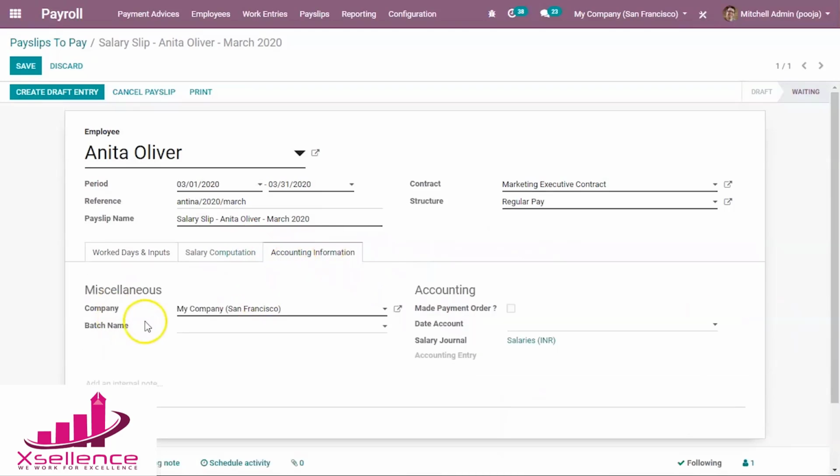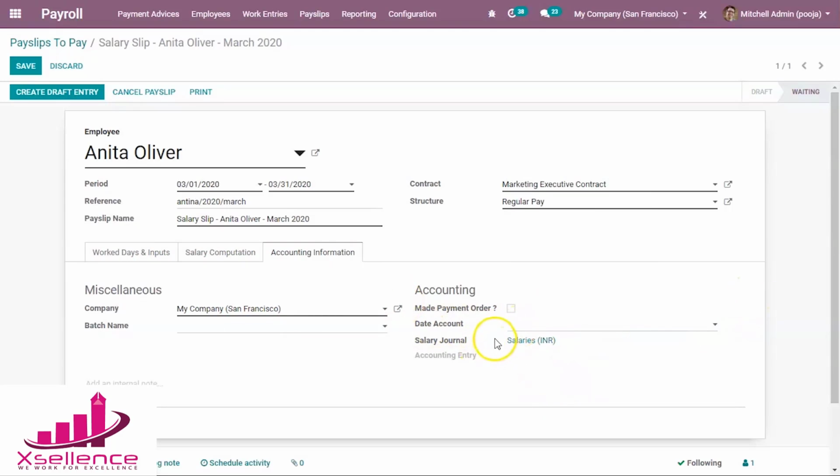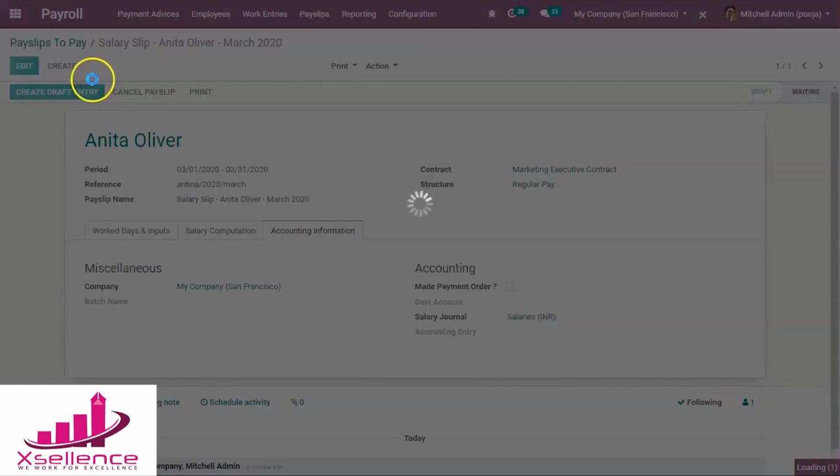Then accounting information, here you can add the company name, batch name. If you're creating salary slips as a batch, you can mention the batch here. Then date, account date, salary journal, that you have already given in the salary structure. Then you can create a draft entry here. So I'm generating a draft entry for this Andina Oliva.